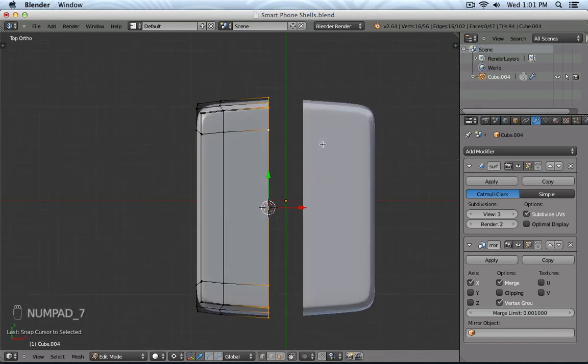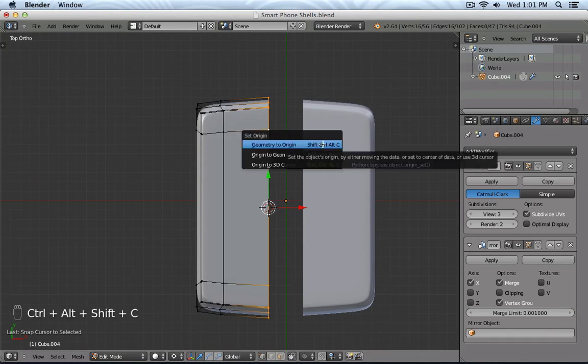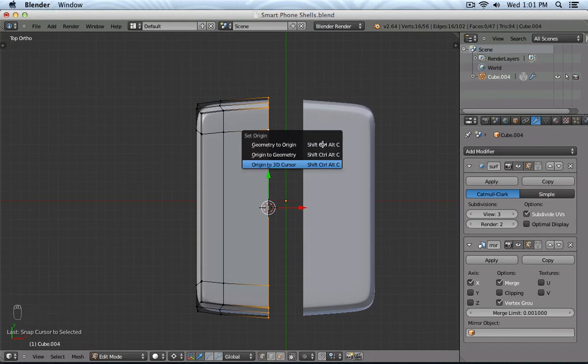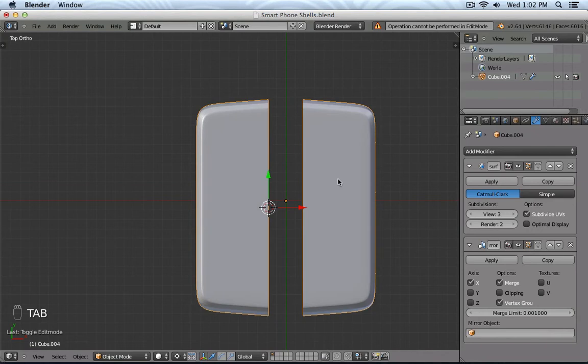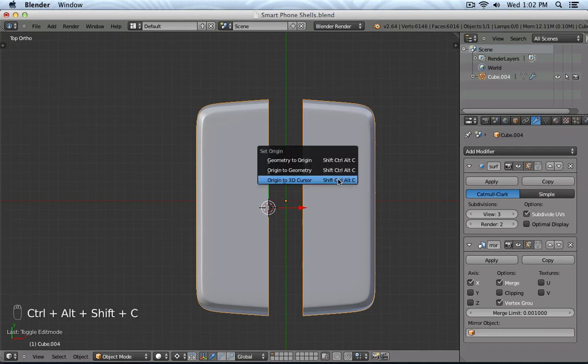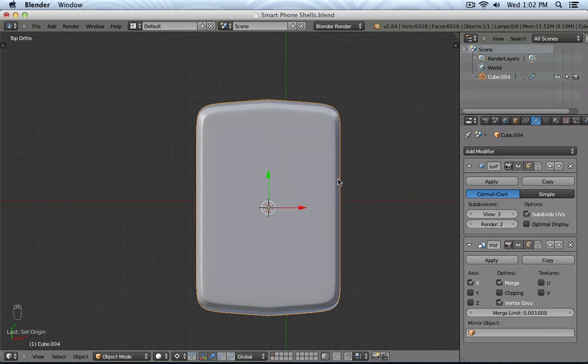Okay. And then Shift Control Alt C. And now I can say move my origin to where the 3D cursor is. Press enter. And then Blender tells you can't perform this in edit mode. So we would have to leave edit mode, go into object mode because we move the origin point of our object. Shift Control Alt C, or use the spacebar menu, click,